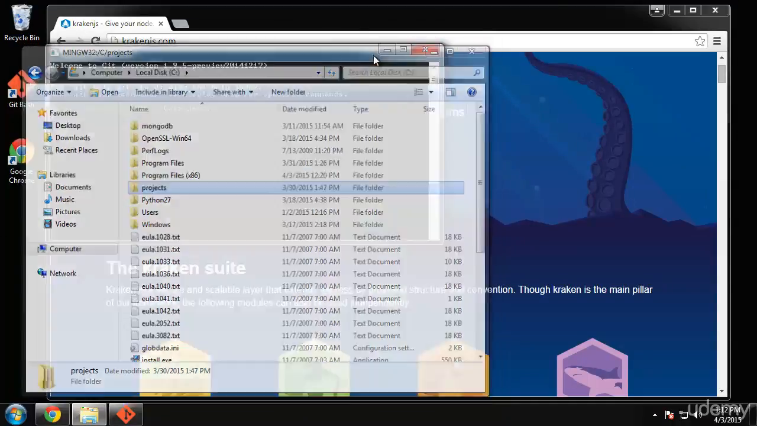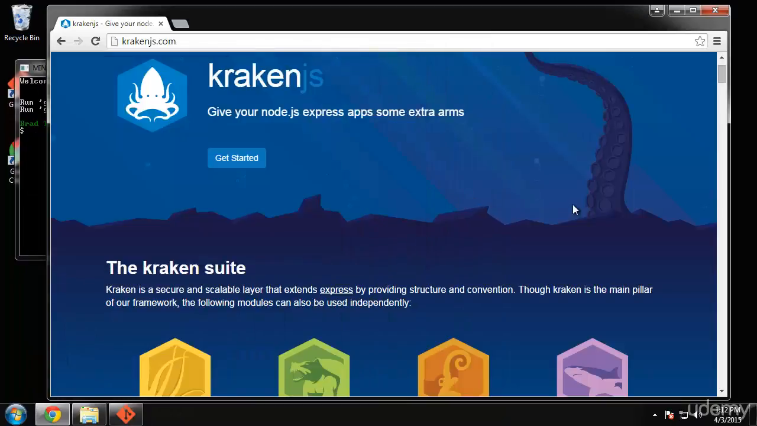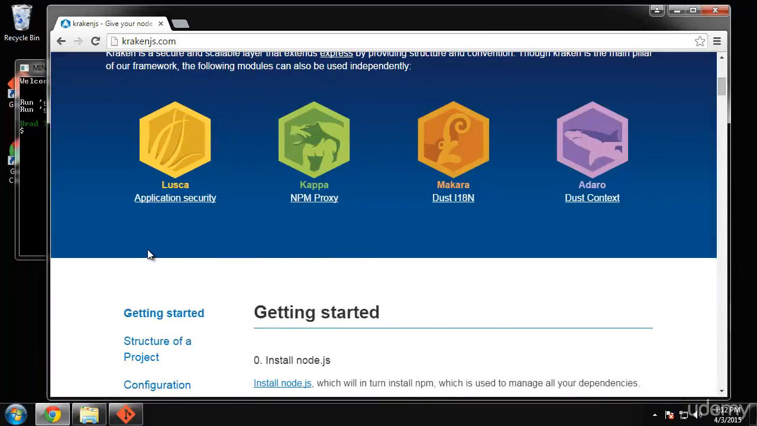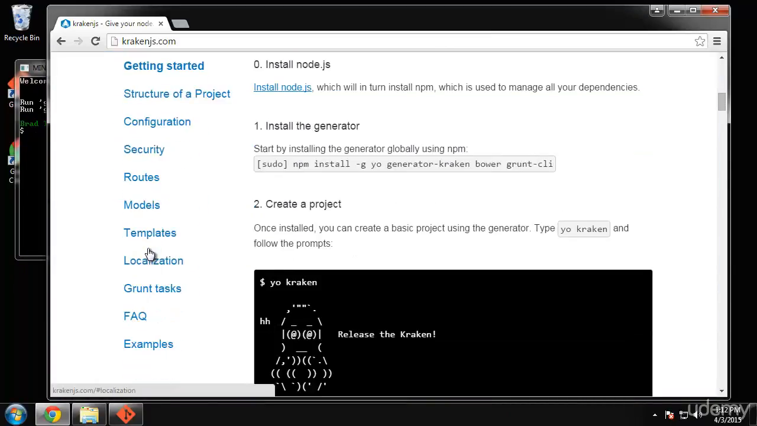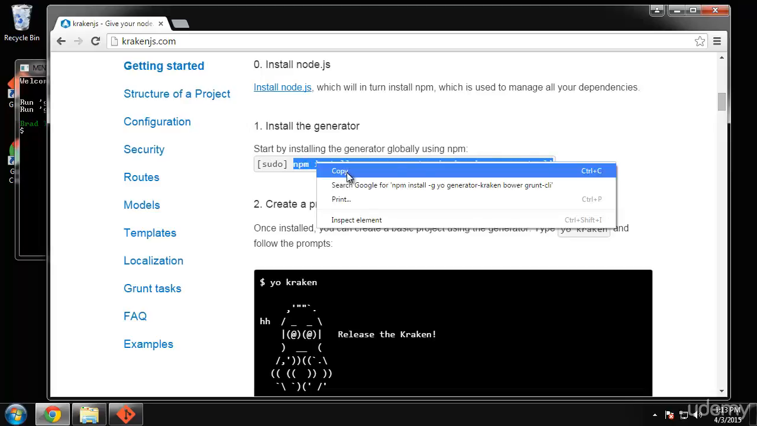Alright, and let's see what we want to do. Go to the Kraken homepage and go down to getting started. And we can see that step 0 is installing Node. We already have Node. Install the generator. So this is going to install the generator for us, along with Yo and the Grunt CLI for processes and things like that. So I'm going to copy this,